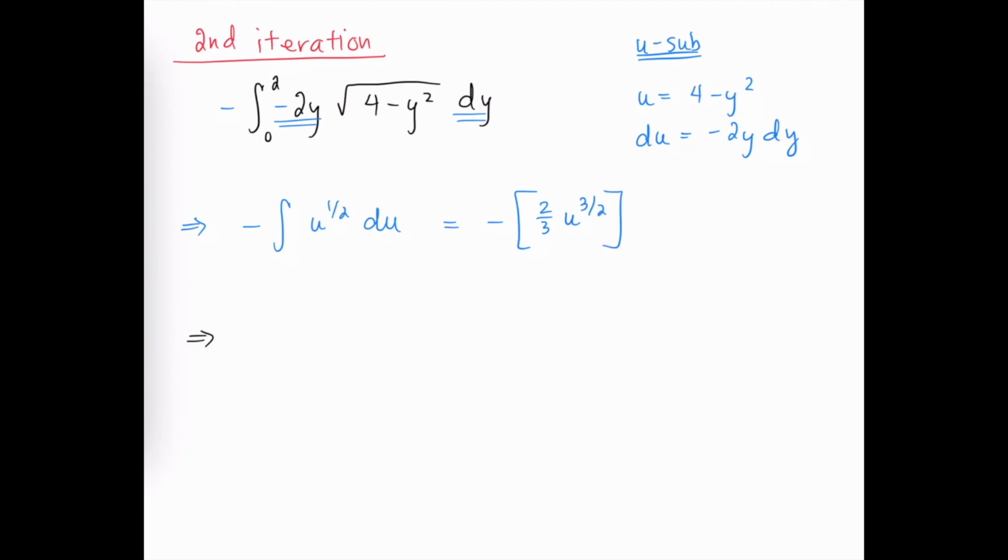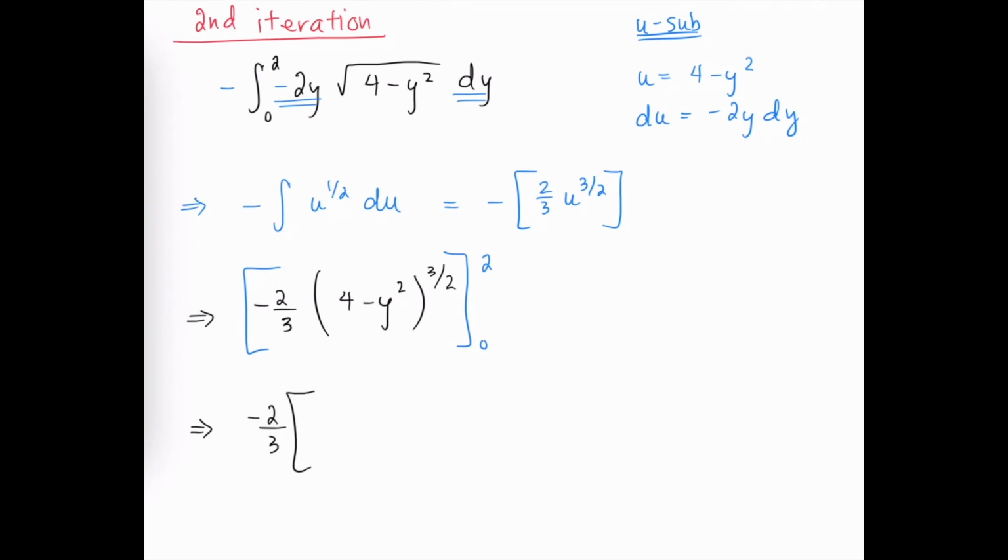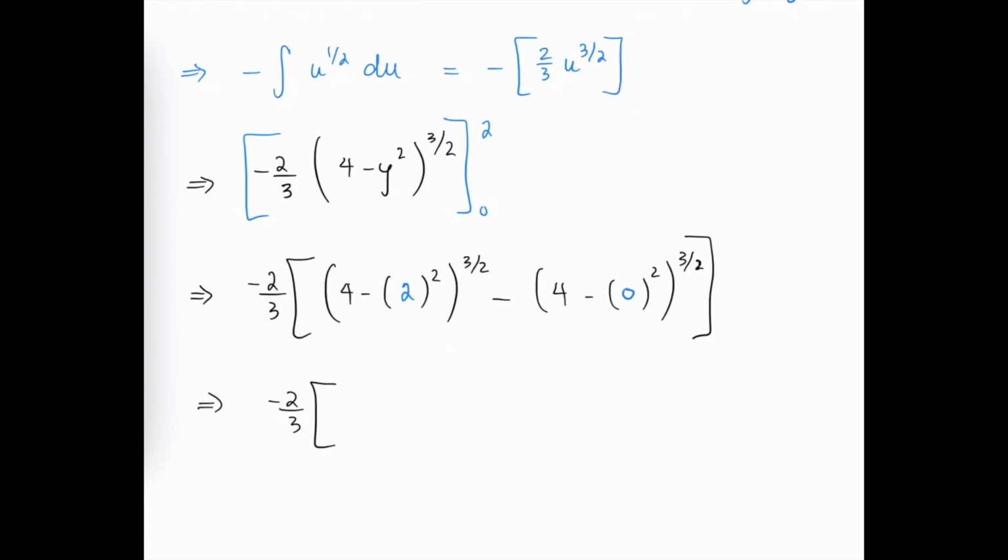But then we need to go back to y in order to apply our y limits. So that'll be negative 2/3 times 4 minus y squared to the 3/2. And the y limits are from 0 to 2. Let's pull out that negative 2/3 and plug in the upper limit of 2 minus the lower limit of 0 plugged in, which gives us negative 2/3 times 0 minus 4 to the 3/2,